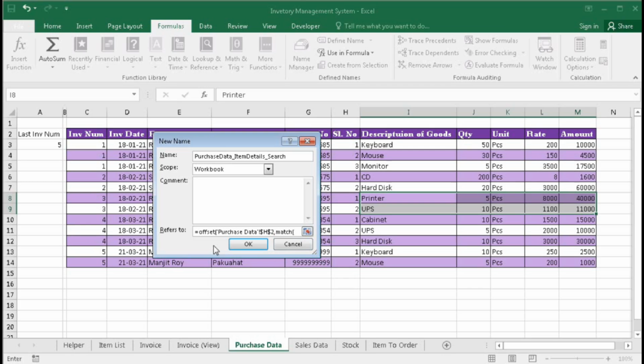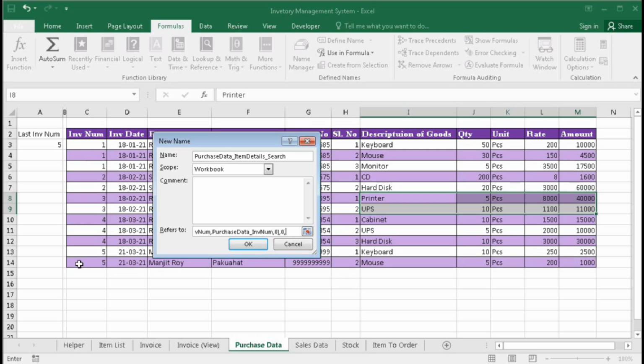The lookup value will be the invoice num from invoice view. So type here invoice view, which we have just created, underscore inv num, comma. Our range will be this one, purchase data underscore inv num, comma 0 for perfect match, comma 0 cells to the right.